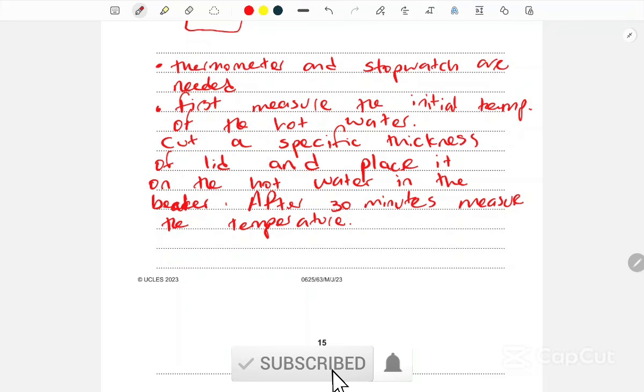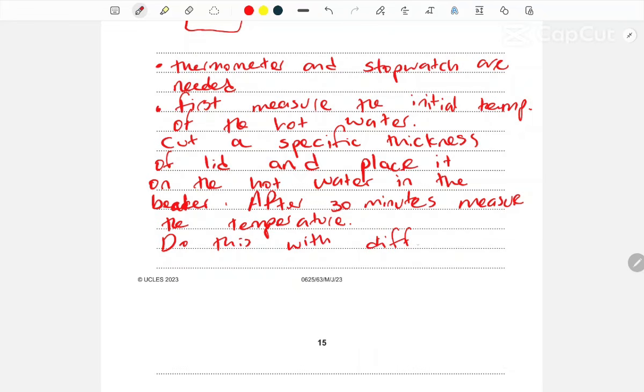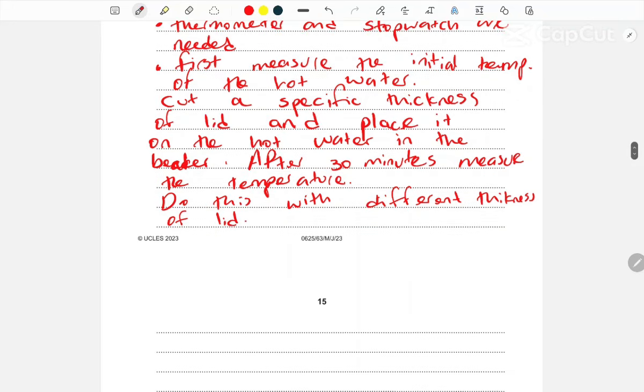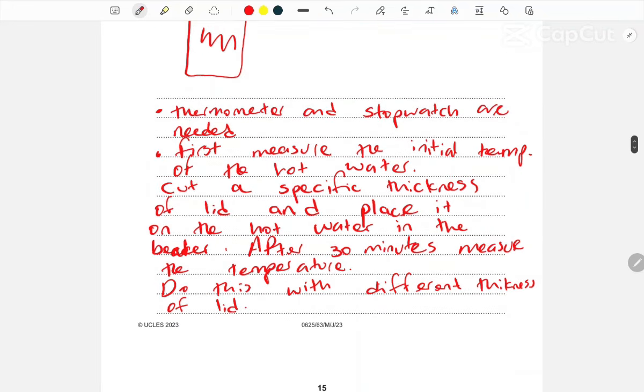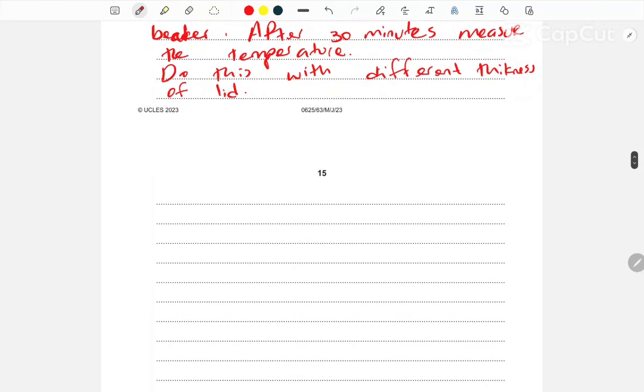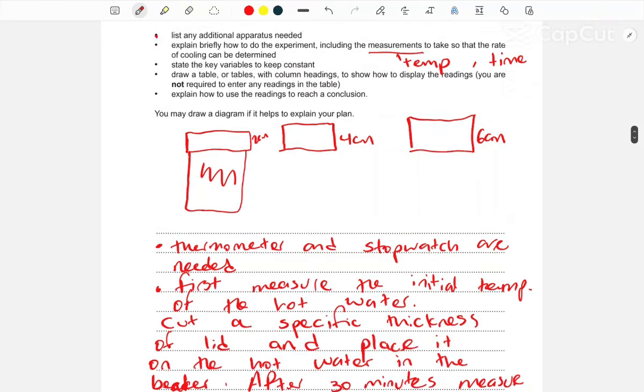And then do this with different thickness of lid. That's our basic methodology. So the next bullet point is